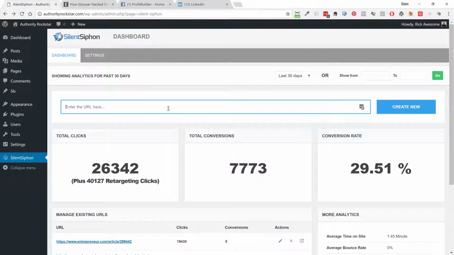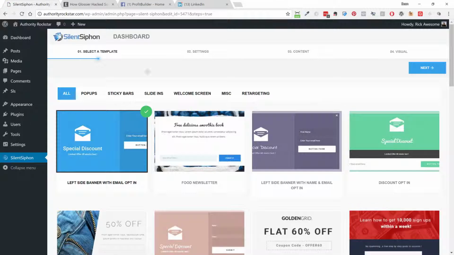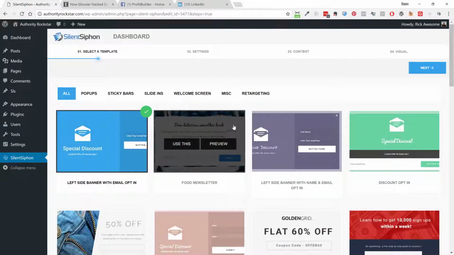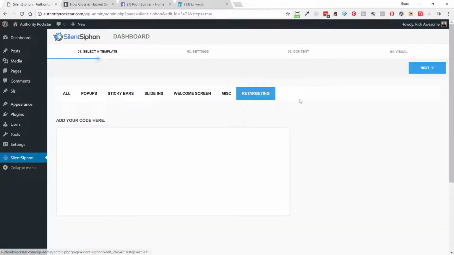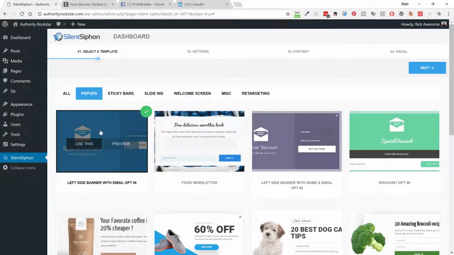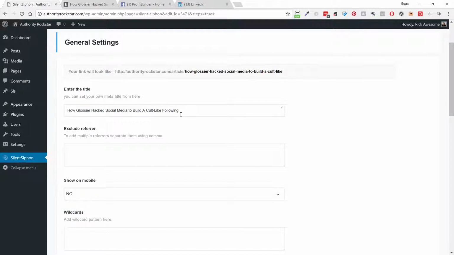So all we do is grab a link, paste, create new, and then we can select our campaign type. Now, we can have pop-ups, sticky bars, slide-ins, welcome screens. We got a ton of awesome templates that you can use and modify to your heart's content. And we'll be adding many, many more over a period of time. The other cool thing is you can also just drop a retargeting cookie. Nothing else, just click, boom, done. No interference, it just silently happens in the background. But we're going to go with just a standard pop-up right now. You can see this is the standard style and everything else. Okay, fine. So we're going to click use this,